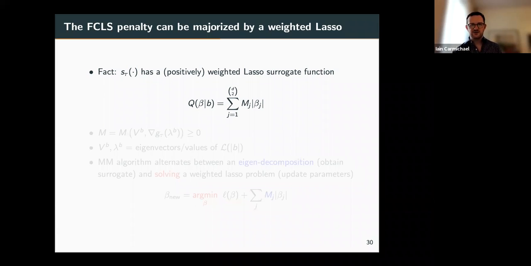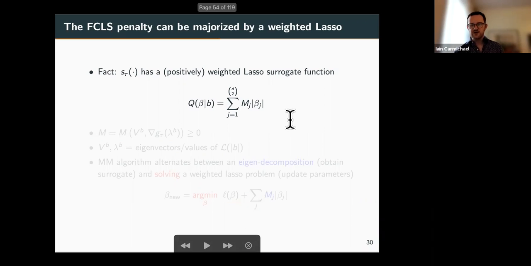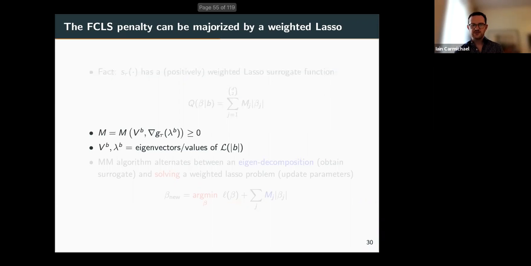So in fact, our majorization minimization function has a surrogate function that looks like this, where these weights m are going to depend on our current guess. So let's say little b is our current guess. We're going to compute some weights. We're going to call them m. I'm not going to tell you exactly what the form of m is, but it has a closed form that's not too hard. But it's a function of two things. So given our current guess, I'm going to compute the eigenvectors and eigenvalues of the Laplacian of our current guess. And I'm going to pass the eigenvalues through the gradient of our concave function.